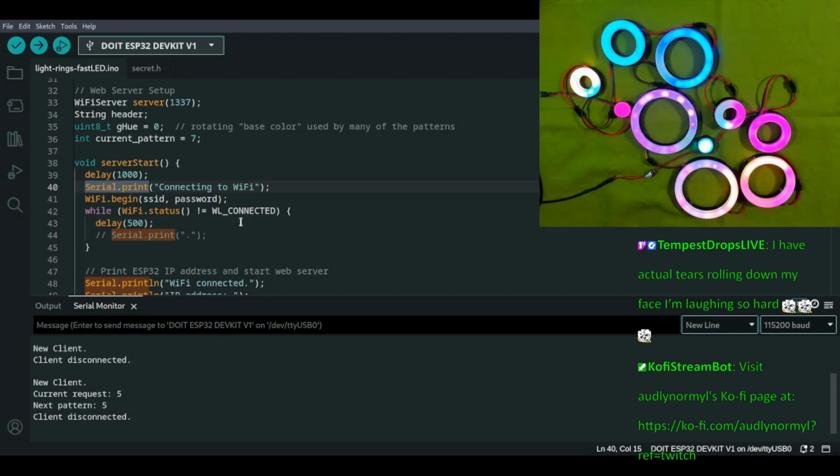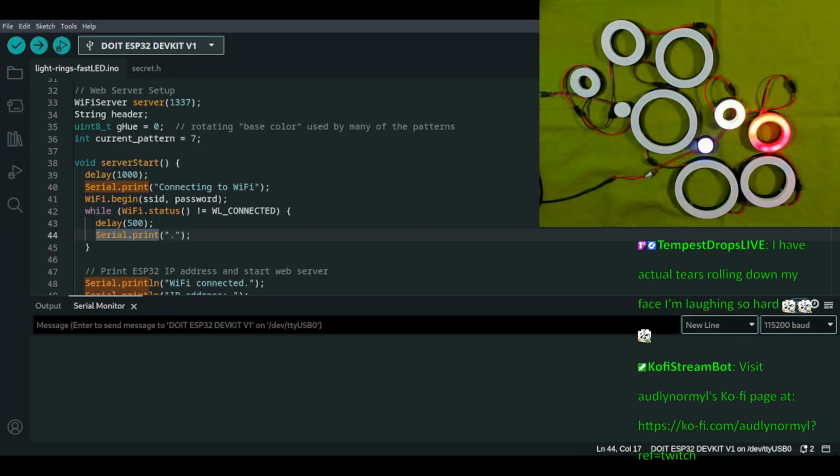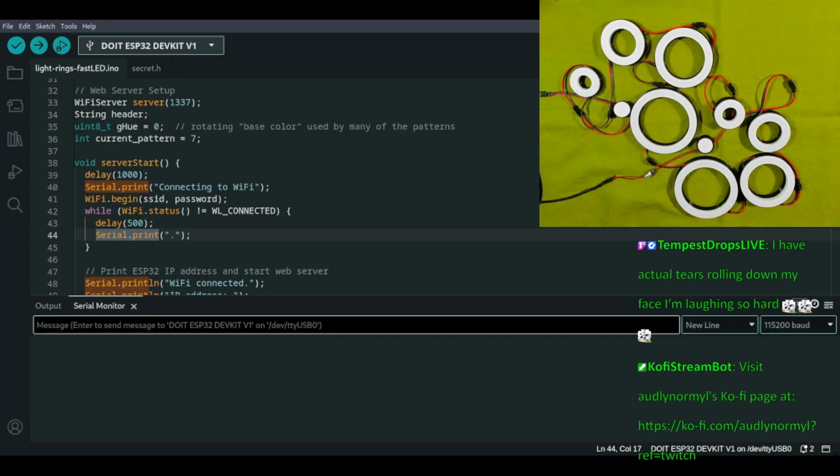Also, why does it do new client and then immediately client disconnected, new client current request? Like, is that just left over from the last one? Okay, that part is normal. Cool. Would you mind clearing the serial before we run another test on it? Yeah, thank you. In fact, I will just do it this way because then you don't have to worry about it switching and showing weird stuff. So this will immediately start logging. We'll see if it does the same thing.